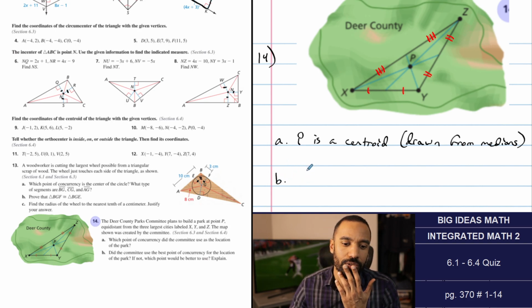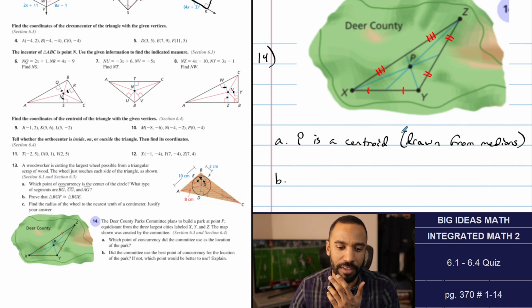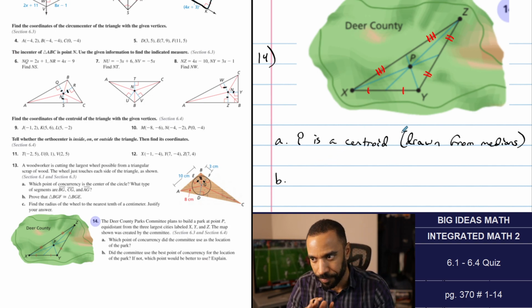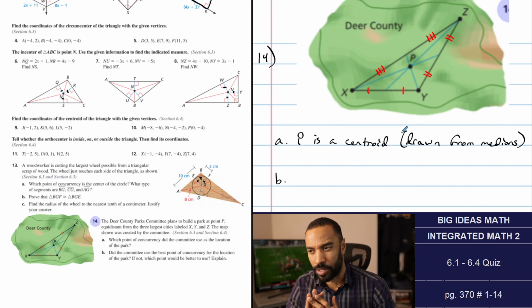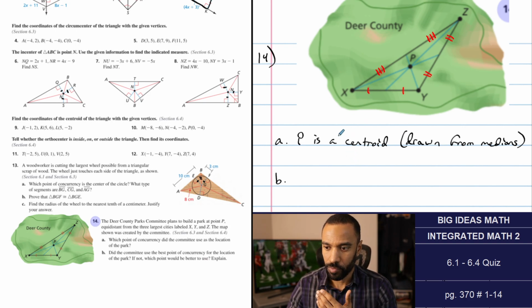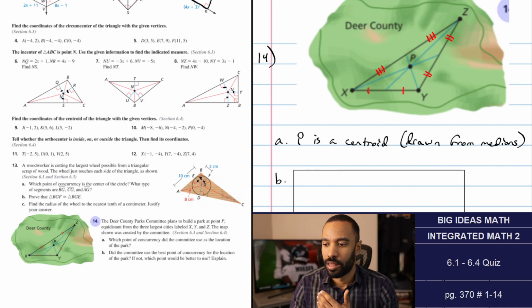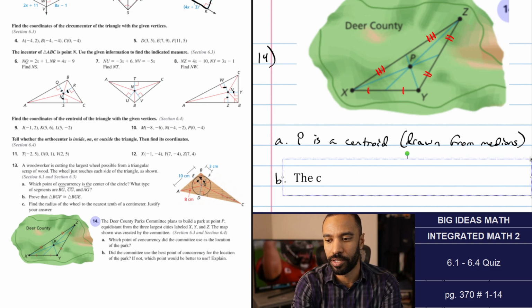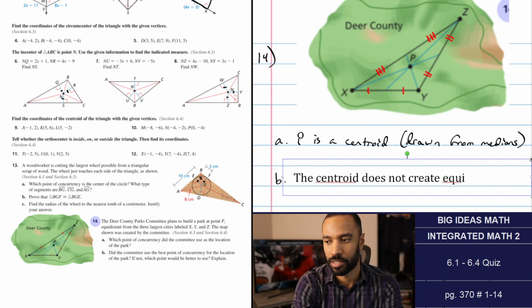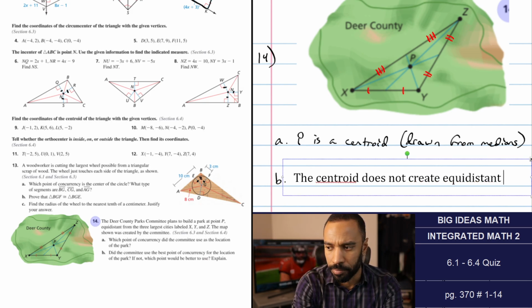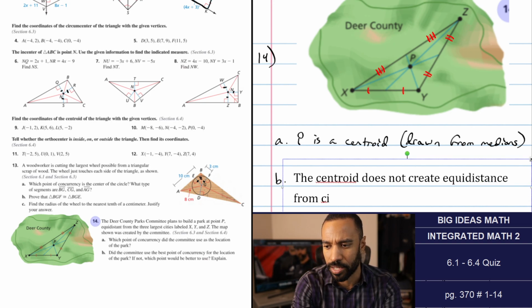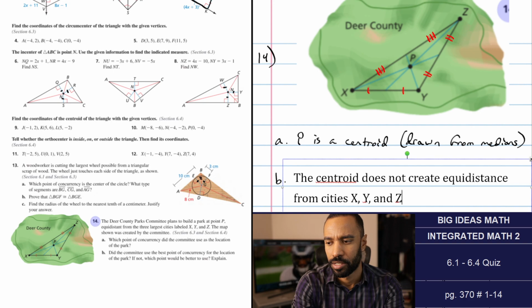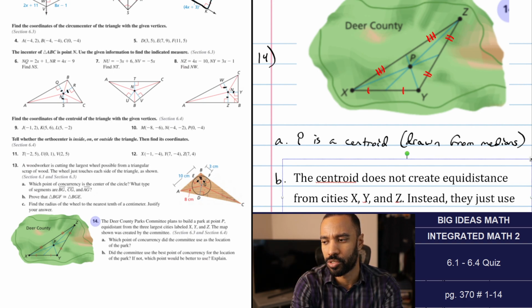Did the committee use the best point of concurrency for the location in the park? If not, which point would be better to use? Explain. I don't think I'm doing math for this one. So what you want to use is the circumcenter. You want to find the one. So I'm going to type this one. The centroid does not create equidistance from cities X, Y, and Z. Instead, they should use the circumcenter,